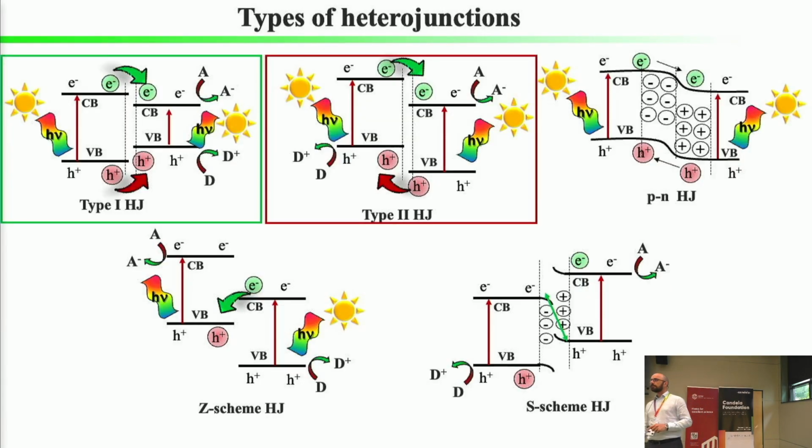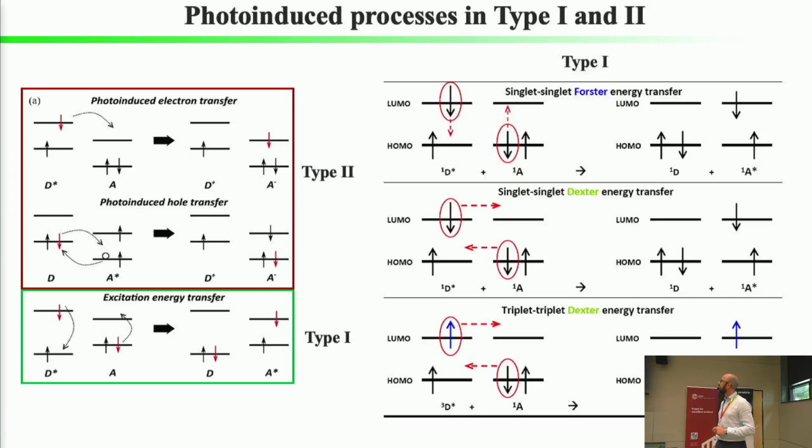When you generate this heterojunction, depending on the alignment of the energy levels of the frontier molecular orbitals, you can have different types. For example, physicists are mainly familiar with the p-n junctions, but you can also have type 1 heterojunctions, in which you have energy transfer from the donor to the acceptor, or type 2, which is probably the most common one, when you have charge transfer. And there are also some different ones, but they are mainly important for catalysis. For type 1 and type 2, you can have different